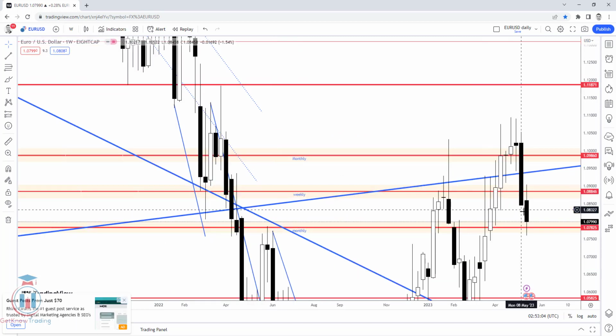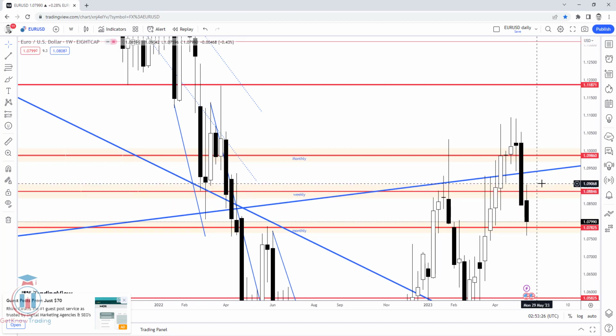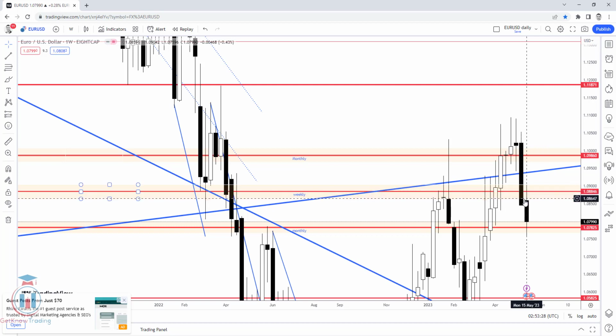The weekly time frame looks like the one before. After the strong breakout to the downside, where several supports have lost their strength, this week again the price has dropped and continued to move down, and it has reached 1.07825 also on the weekly time frame. We can see that the price is trying to recover, making a retrace. Then we saw on the daily time frame a bearish pin bar,